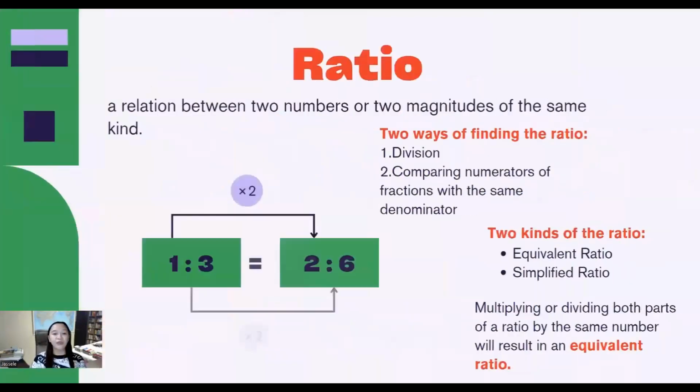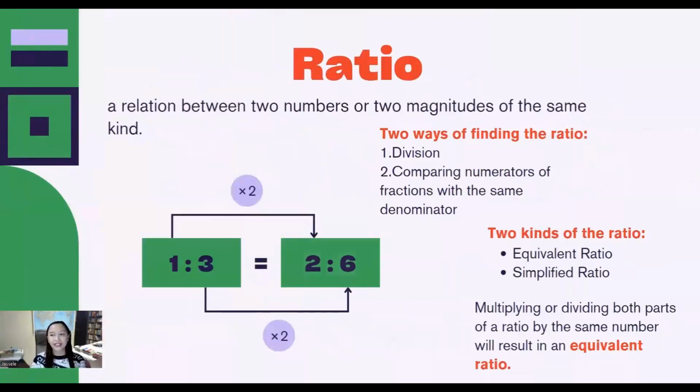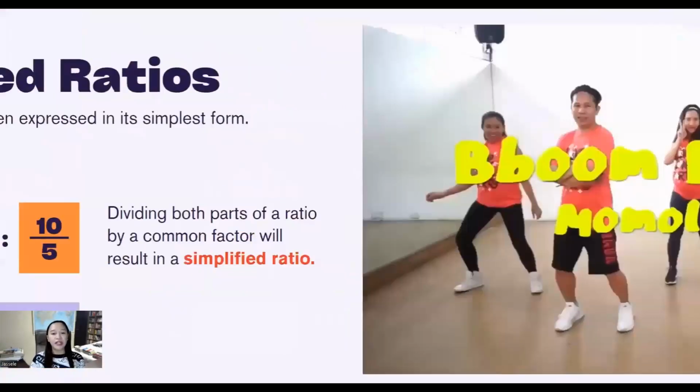Good job. And what are the two ways of finding the ratio? All right. Any other hands? Okay, Ricardos. Okay, that's right. It is through division, the first one, and the second one is through comparing the numerators of fractions with the same denominator. And what are the two kinds of ratio? Cortez, that is correct. It's the equivalent ratio and the simplified ratio. Okay, so